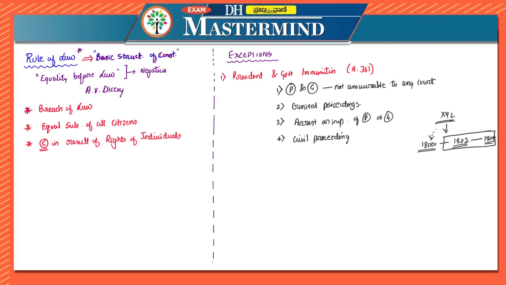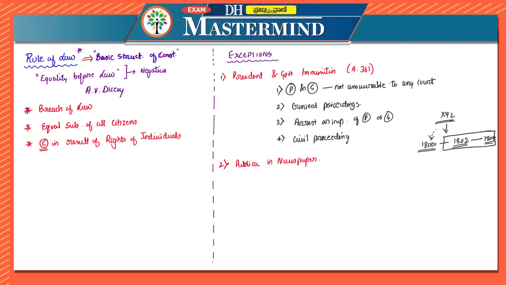This is the first exception, which is related to the president and governor. Second one is, no person shall be liable to any civil or criminal proceedings in any court in respect of the publication in the newspaper. This is an exception for everyone, because they have put it across in the newspaper. In this, they also mean radio or television, of a substantially true report of any proceedings in either house. This is the second exception.